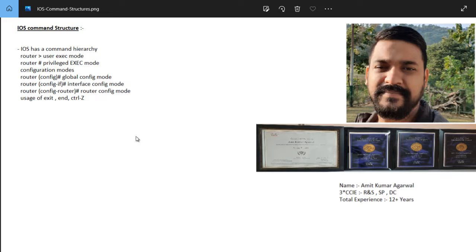And let's suppose we have a monitoring team in place, then generally we only allow them access till user exec mode. So in this mode they can only see some basic configuration, or they can check some interface settings, CRC errors, and the uptime of the device, right? This type of restriction regarding any router configuration, you can do it through AAA configuration as well. That is also possible, but here we are talking about the